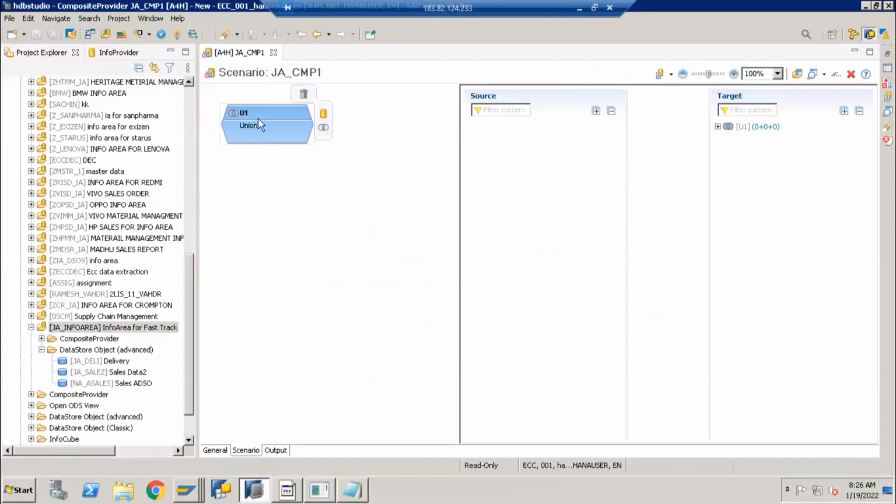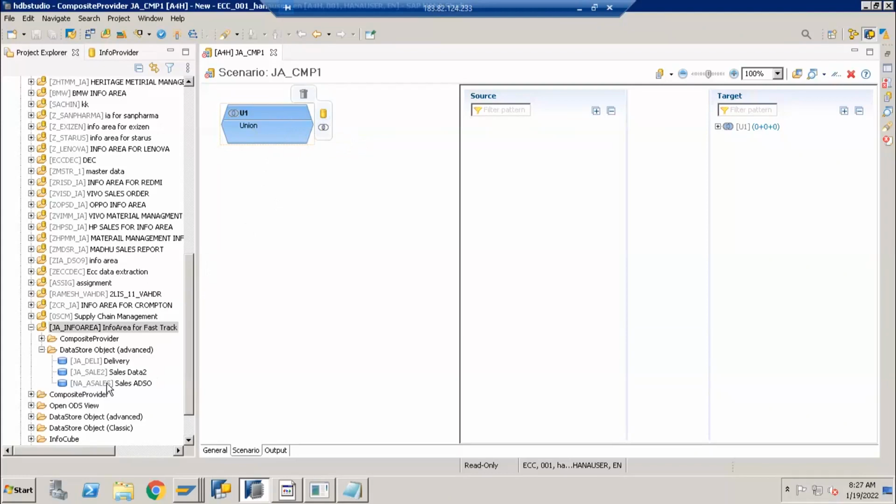Okay, so if I go here to my composite provider design, when I put my cursor here, I can see two kinds of symbols. This symbol is called add symbol. This is for union, this is for join. The top symbol I need to use in order to add any object as a union to the corresponding one, and the one below I have to use when I want to join with someone. First, join we will learn secondly. First, we will learn the union part.